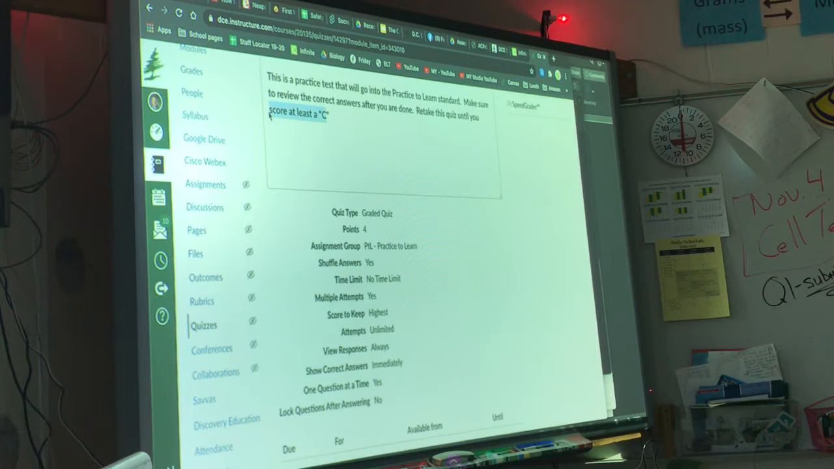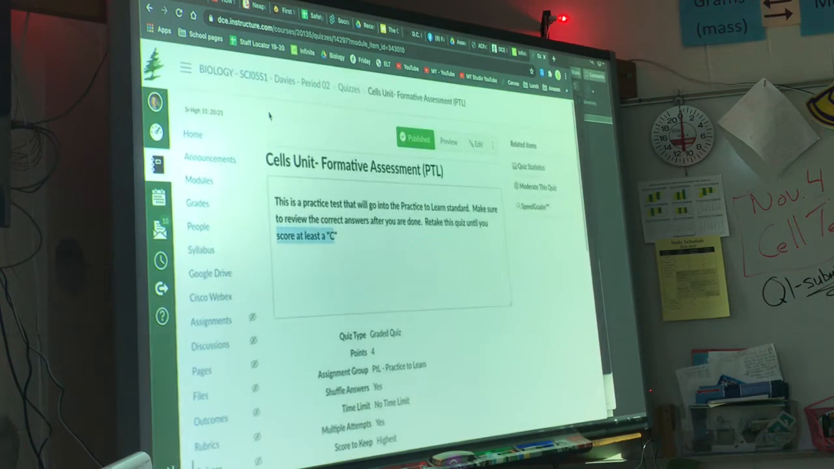This is an older version of the test. It's not identical to what you're going to be given. There are a lot of similar questions. I can only ask so many ways what the function of different cell organelles are, and I can only ask in so many ways what the diffusion of water is called. Okay, so these are some things we designed to help you